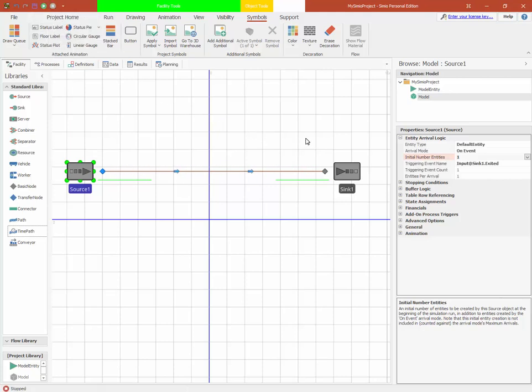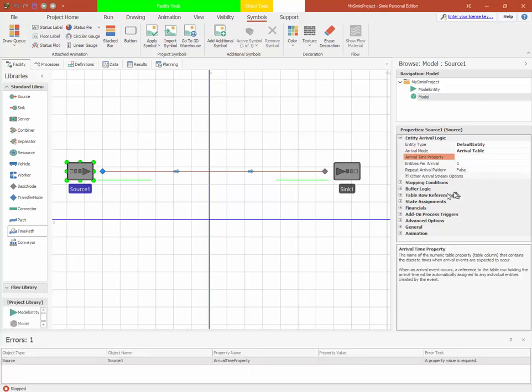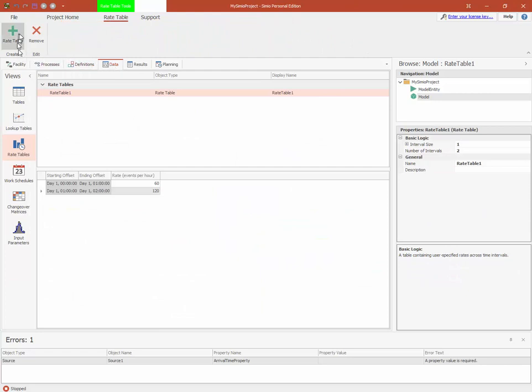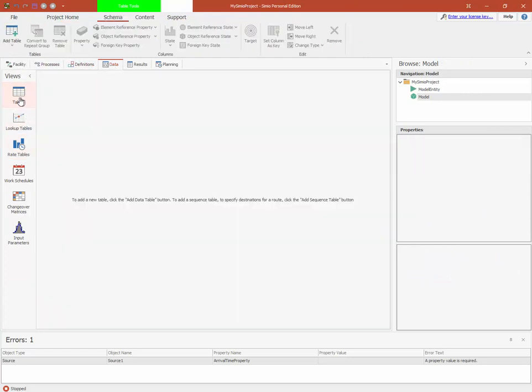And so that on event is useful if you want to create an entity when a particular event within your model happens. It turns out that that's a very useful arrival mode. And finally, we'll look at the arrival table. So once again, we've specified an arrival table, but we have an error because we haven't said which table property to use. And so again, let's go back to data, and this time we'll just make a regular table or